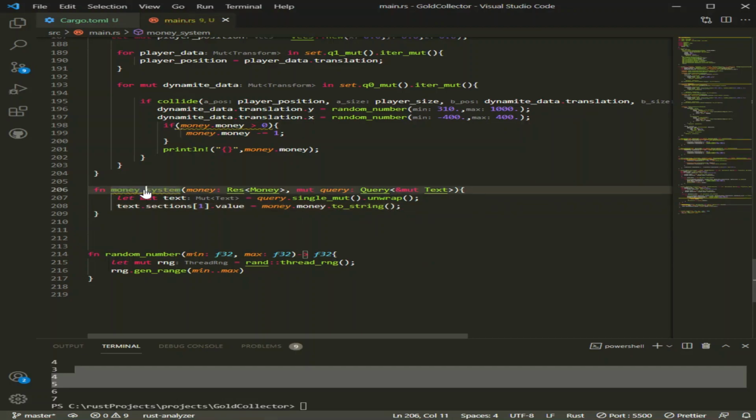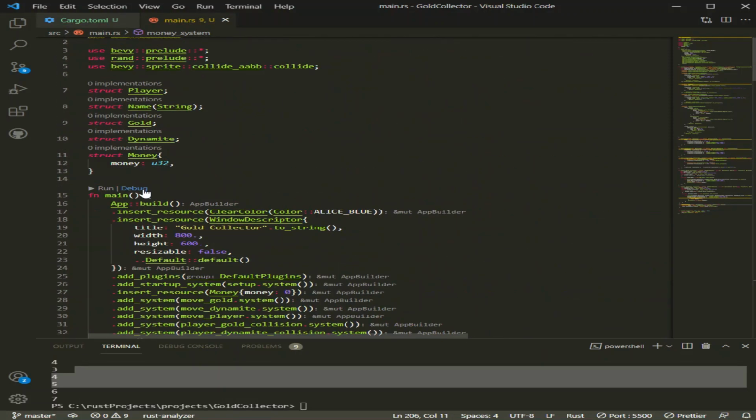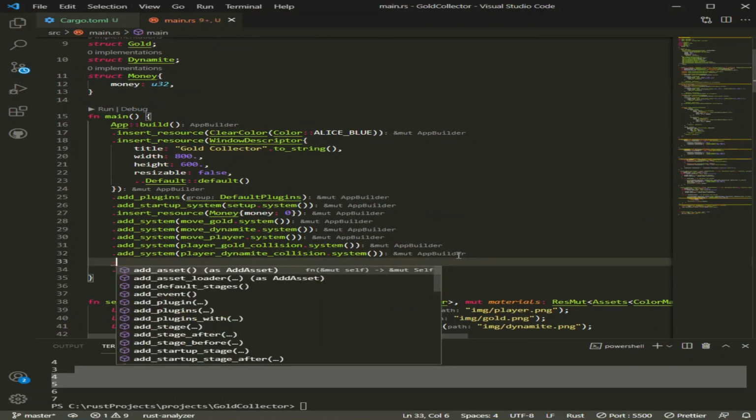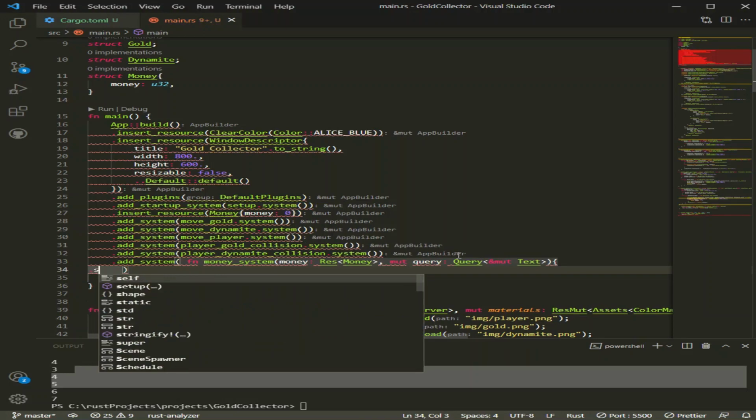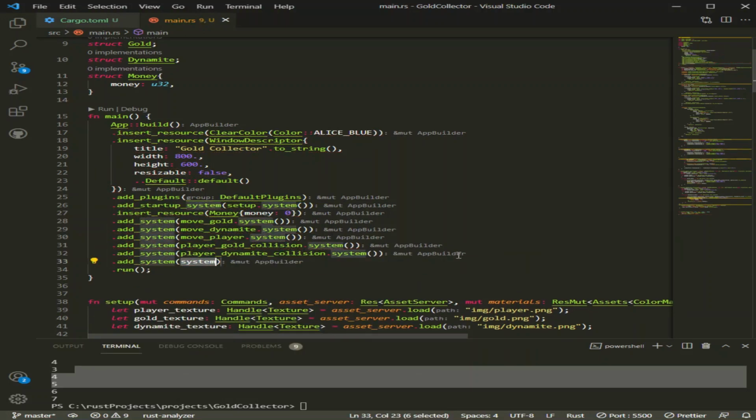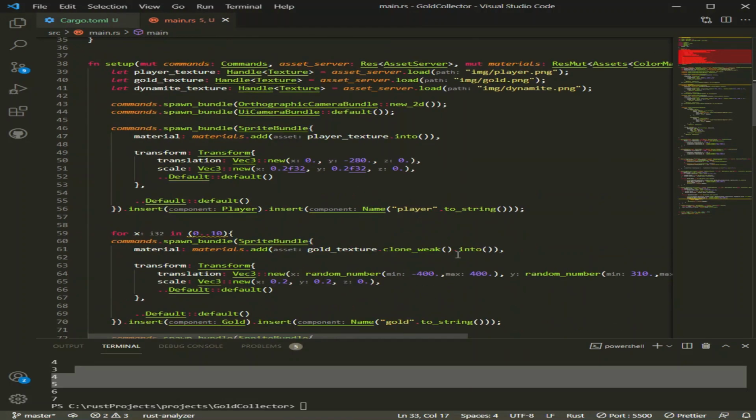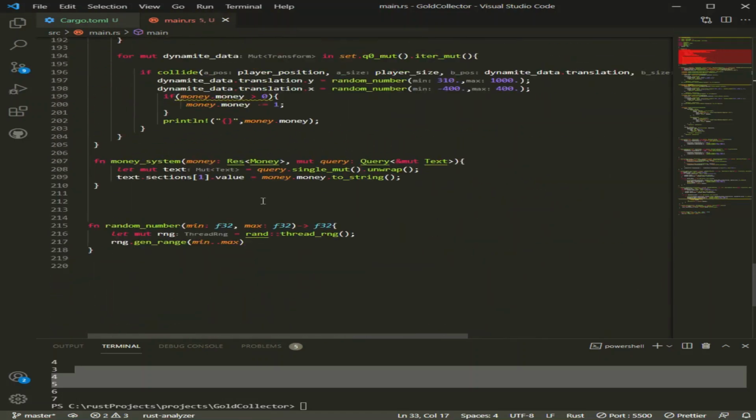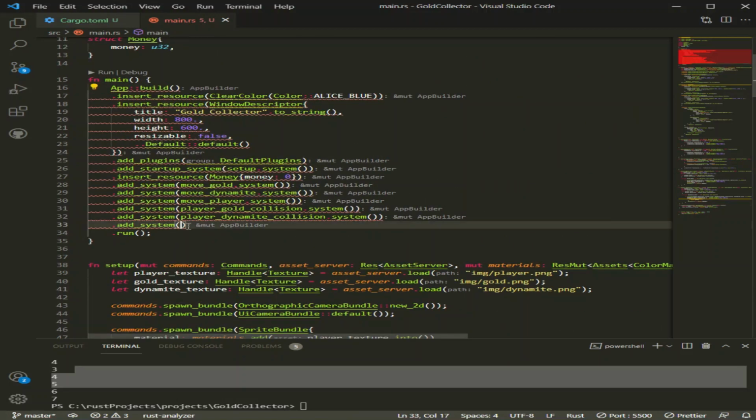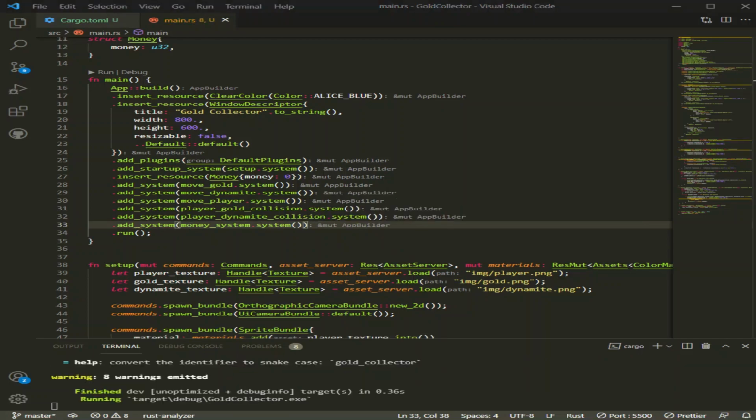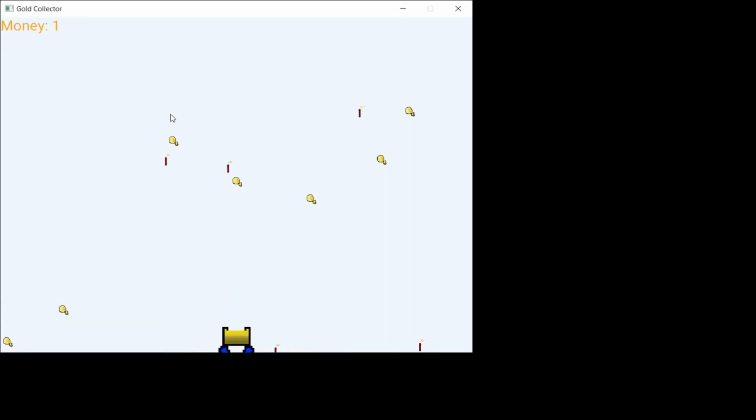Then all we have to do is add this as a system so that it updates on every iteration of the game loop, right? Apparently you copy the whole function, not just the function's name. Okay, system. Now we run this, and we should be able to see that the money increments when the player picks up